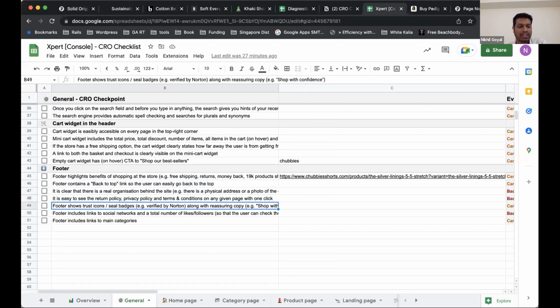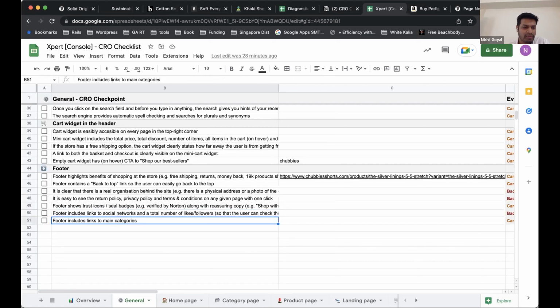You can show some trust icons, seal icons. If you have an SSL certificate, figure out which company gave it to you and put their badges. And if you have some kind of government certification, no matter what kind, figure out the logo and put it there. Again, I'm sure almost every one of you is doing this, putting links to the social media and all that. Moving on to the next sheet,